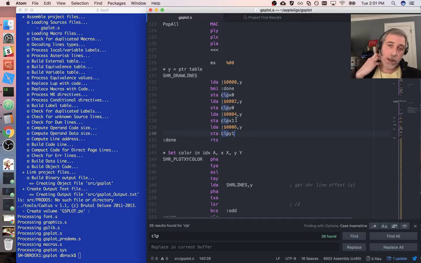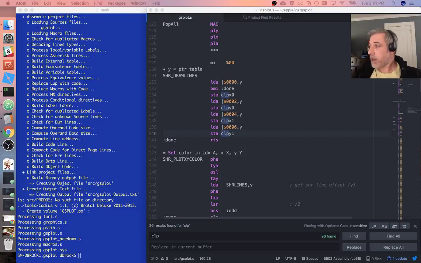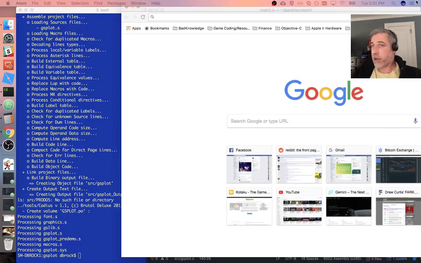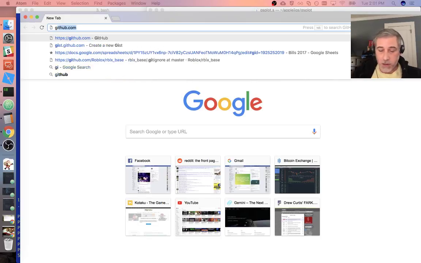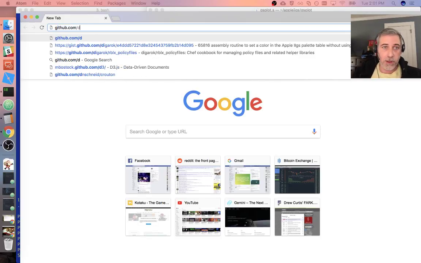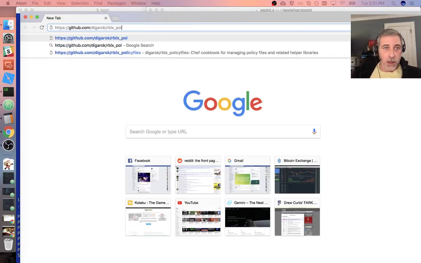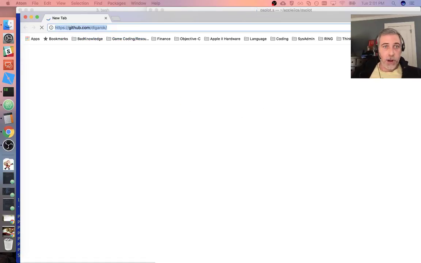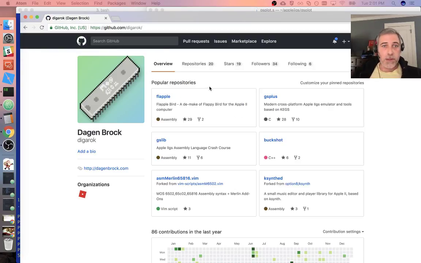And I have some examples of these different basic empty programs. If you are not a 2GS or Apple II programmer and you're kind of curious about getting started with programming, and you know how to use an assembler maybe, but you don't know what an Apple II program looks like,